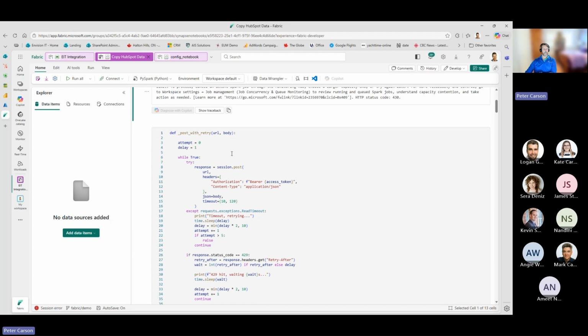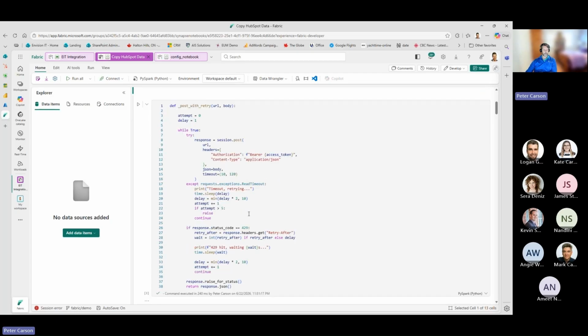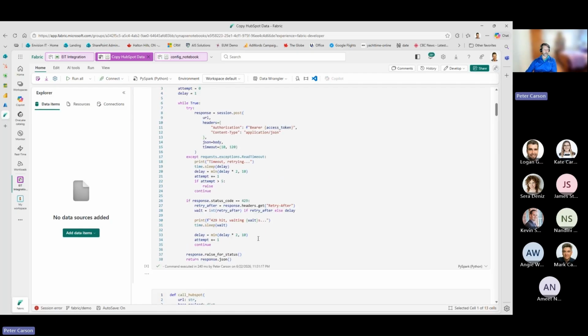And then I've got a bunch of helper functions. Calling into HubSpot from notebooks was a little convoluted to figure out. The data model that comes back and how you call it is a little bit tricky. We need to deal with things like timeouts and throttling. If you call HubSpot too quickly and too often, it will give you 429 throttling errors back and say, hey, you're hammering our API too hard. You need to back off. So this code deals with the retries, the throttling and such from there.